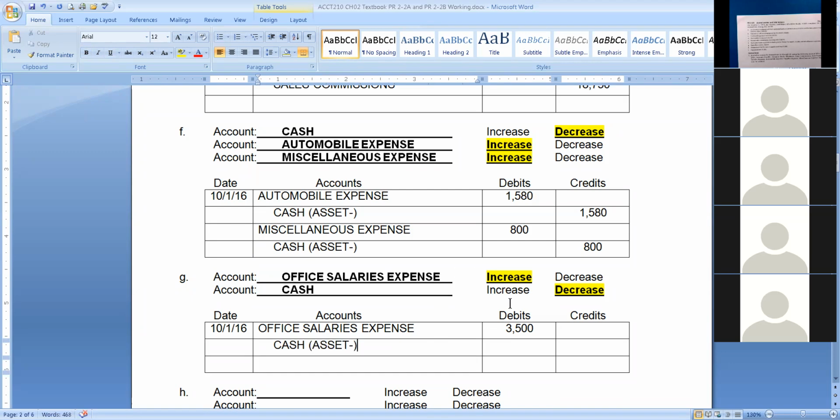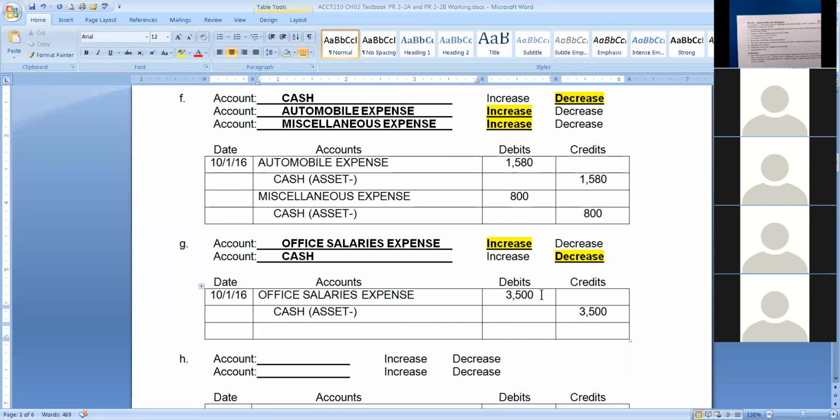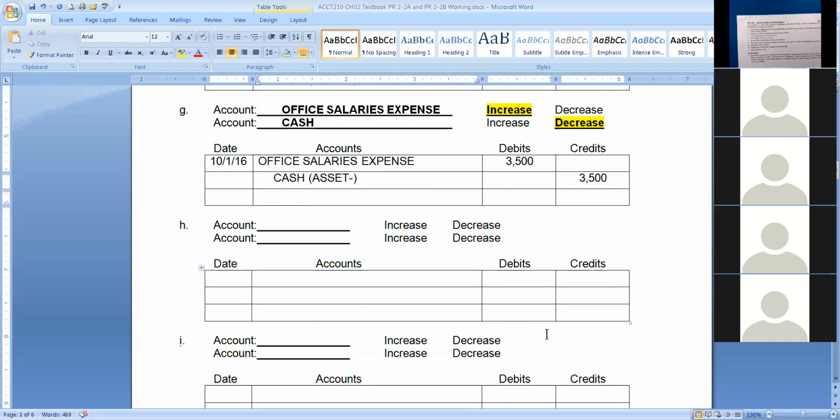Cash is an asset that's going down. 3,500. And you already knew that though, because the expenses are always debit, so cash was good. Okay,